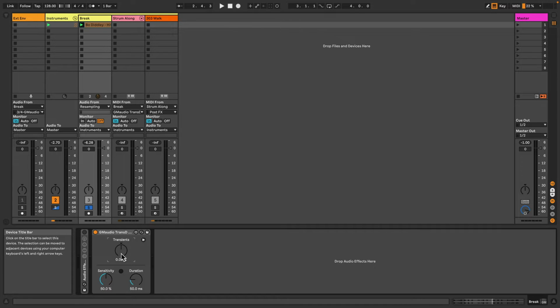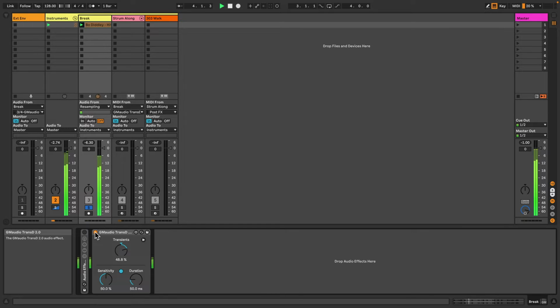Now if I turn the transients up 100%, what this gives us is just the transients of the sound. Basically the start of some of these drum hits. And if I turn it in the other direction, it essentially mutes these sounds. Now, how you might typically use this would be perhaps putting it at 50%. So you can hear that just adds a bit more punch to some of these drum hits while attenuating the